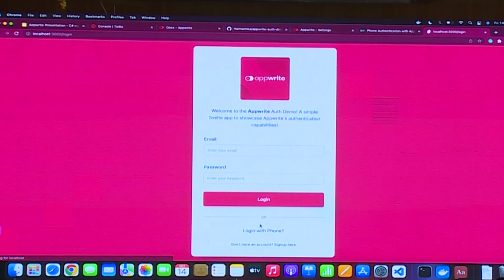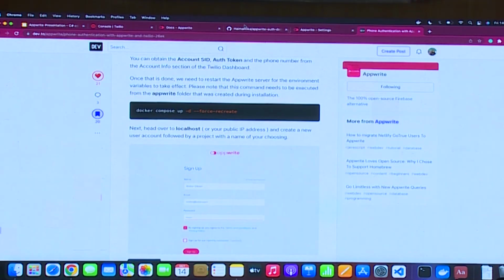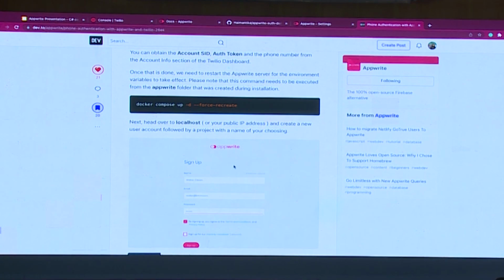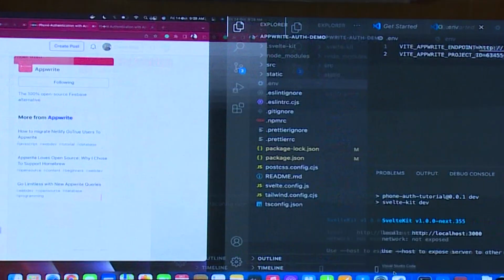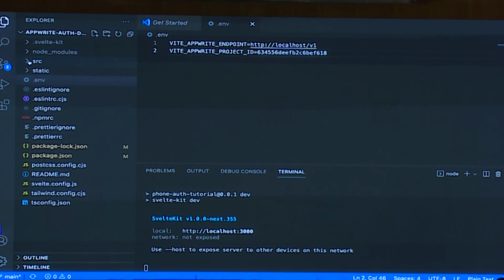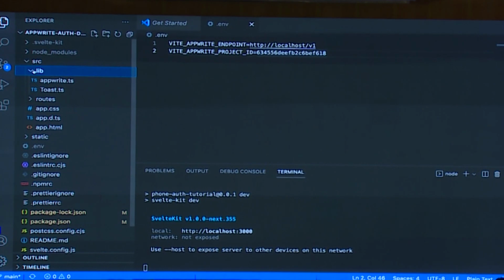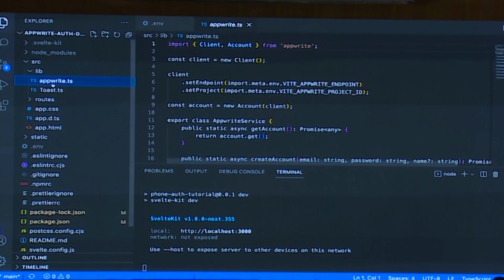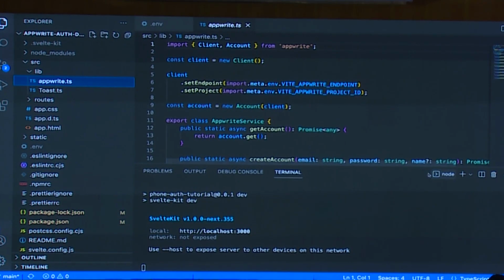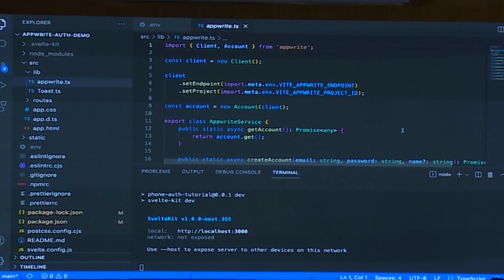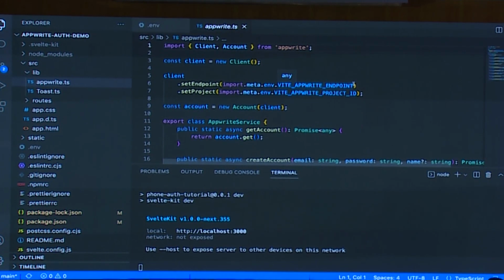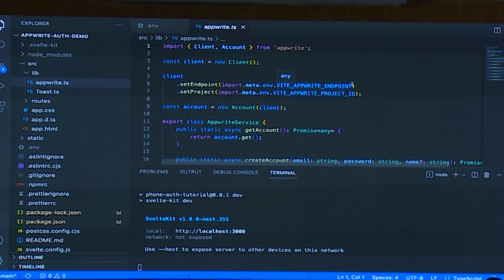And now I'll log out. And what I'll do, there's also a time crunch, so I'll not be explaining the code, but one extra step that I'll be doing is I'll go to my VS Code, and if you go to the src folder, under that there is lib. It's your appwrite.ts, I mean the TypeScript file that has most of the code, which is binding the front end and the back end and the Twilio part.